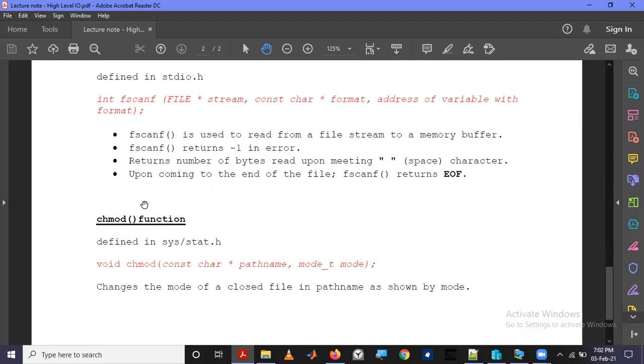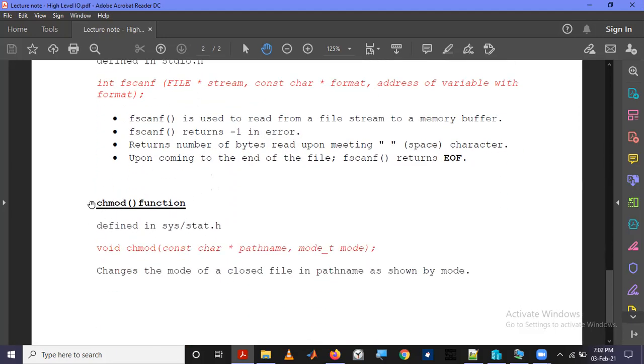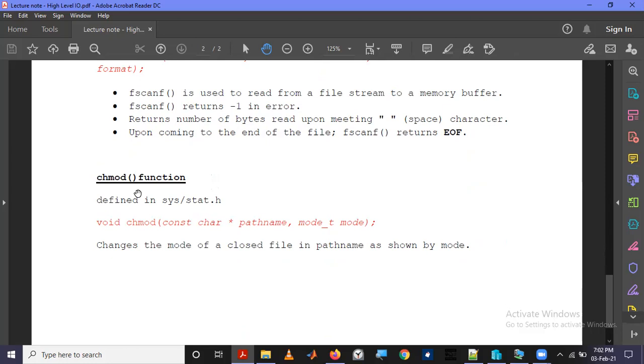And the other functions, changing the set of privileges, we had already discussed this last week, the change mode function. So this is defined in sys/stat.h. You need to include this header file if you want to call this function. And this is the same as we discussed last week, you have to provide the path name and then